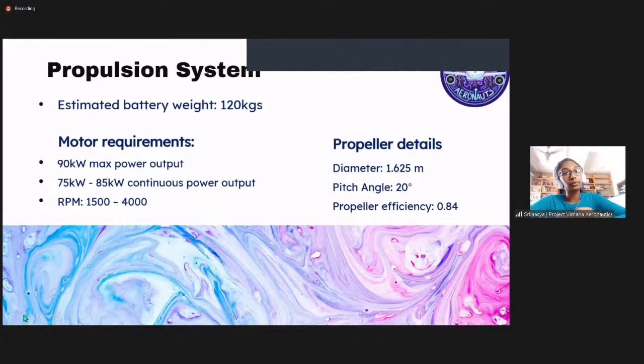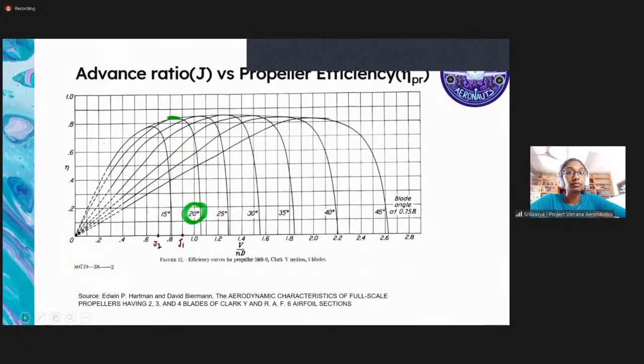Next, our propeller details. For our propeller, we decided to go with a 3-bladed configuration that has a diameter of 1.625 meters. We got these values by referring to other planes with similar specifications, like electric LSAs that require the same amount of thrust. Then we had to use a graph to find our propeller efficiency and pitch angle of the propeller. A pitch angle is basically the angle between the chord length and the